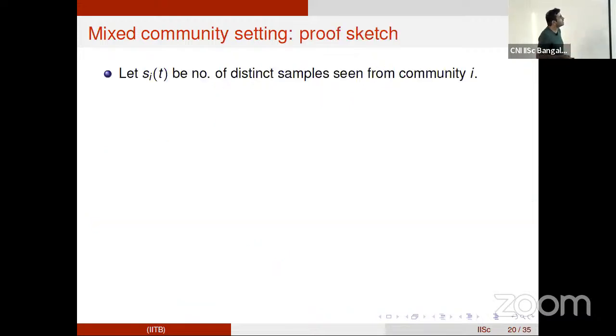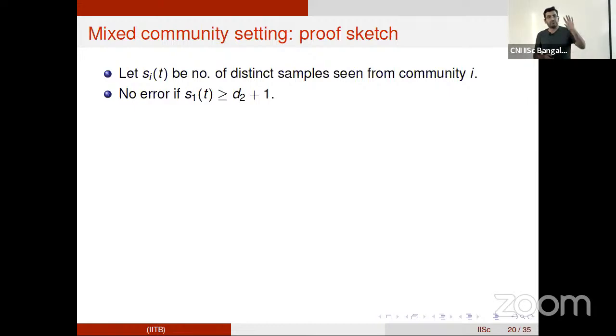I'll just give a quick sketch of the proof. Because we're now able to see the identity information, let's say S_i^T is the number of distinct samples that you've seen from community i during these T samples. The largest community has, let's say, S_1^T distinct individuals that you've seen.